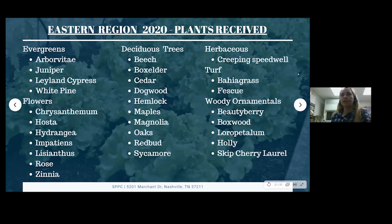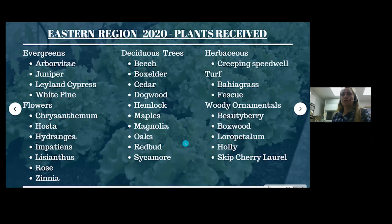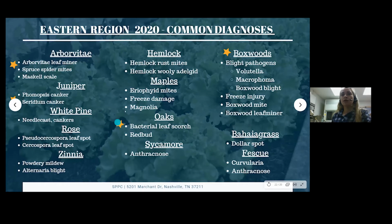And this is just a quick list of some of the most common plants received from the Eastern region last year. Lots and lots of evergreens, quite a variety of flowers in terms of ornamentals, lots of deciduous trees, a couple of turf samples, woody ornamentals. And of these, the stars are probably the things that I diagnosed the most since coming in August. So lots of arborvitae, and we had lots of arborvitae leaf miner as an insect pest and spruce spider mites on arborvitae and some of the other